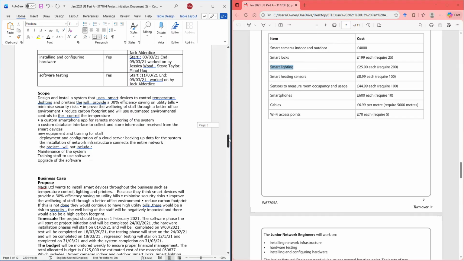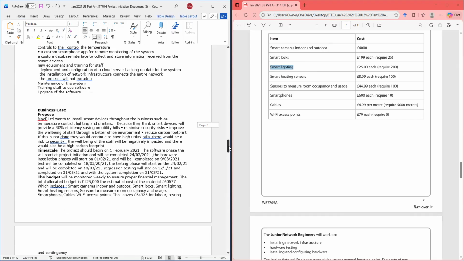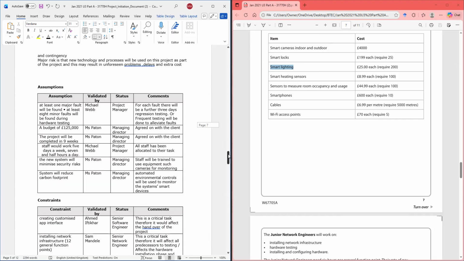Let me go over the assumption, risk, and constraint again. For the assumption, whatever you're going to put there, you're going to assume that whatever you write will happen.